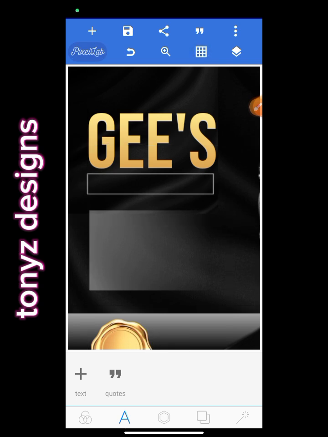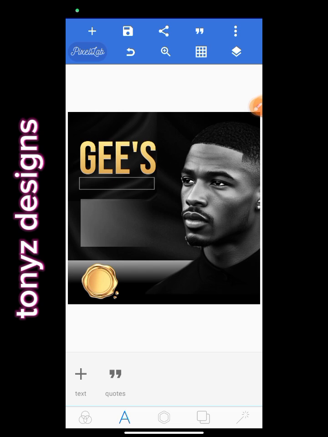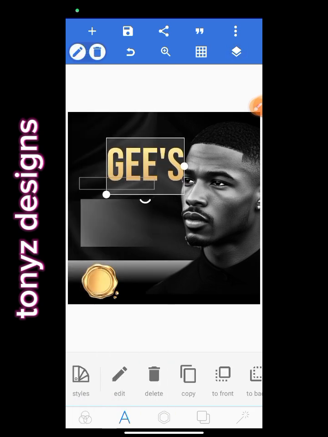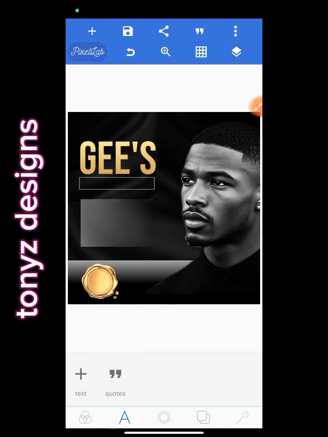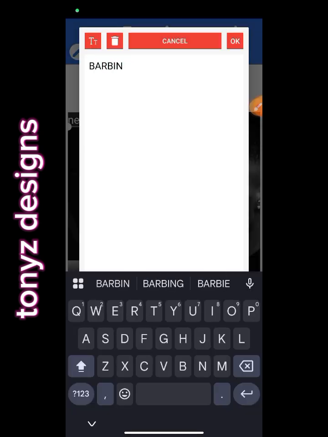Okay, so now we have something like this. Let me zoom back normally so you can see this. Okay, so the next thing I'll be doing now, let me lock this first. So I'll be typing in, sorry for that, let me go to layers to lock it. I'll be typing in Barbing Salon here at this shape we created. So we'll just go ahead to type in Barbing Salon,